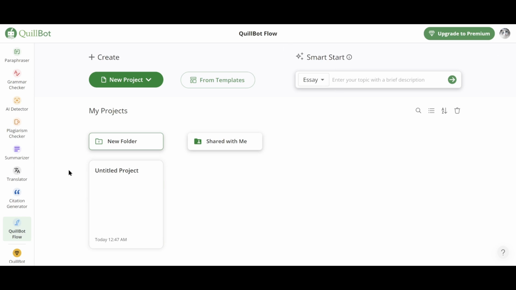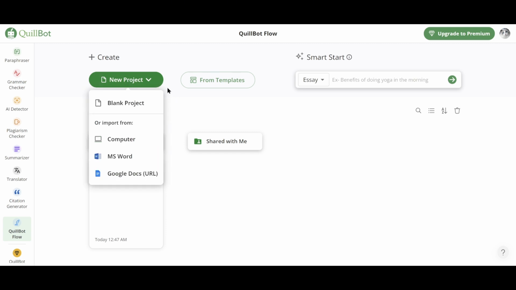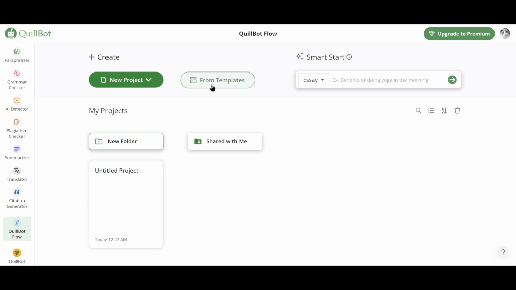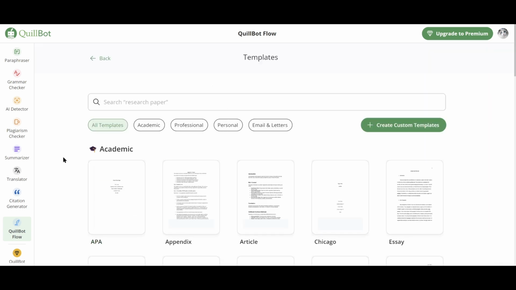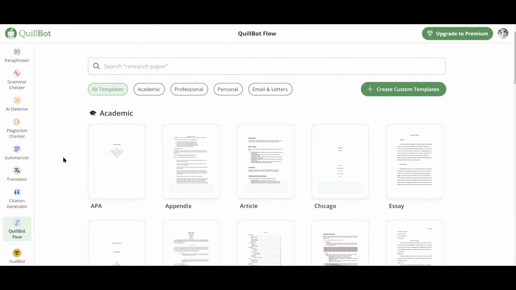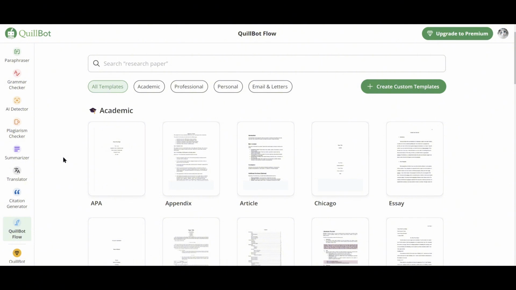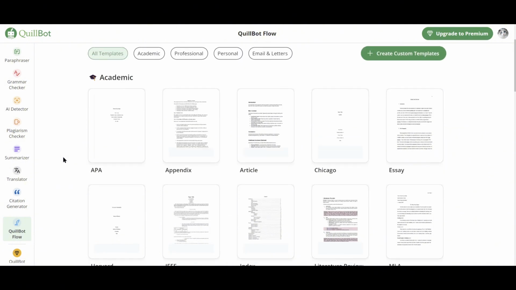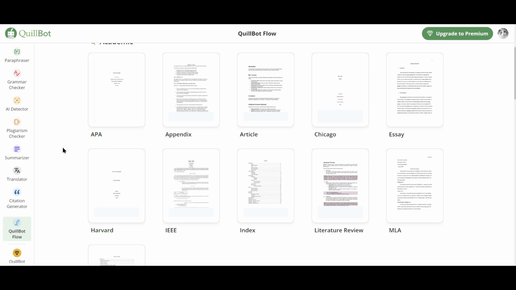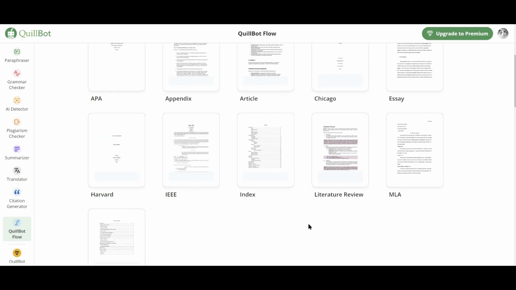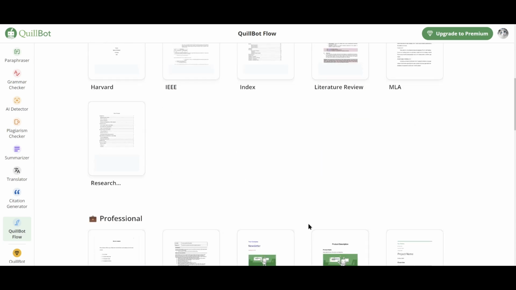Let's dive into the final feature that enhances your writing experience with QuillBot Flow. With QuillBot Flow, you can start by creating your own project or file, or you can choose from a wide variety of templates to streamline your work. These templates are neatly categorized, making it easy to find exactly what you need, whether it's for academic, professional, or personal use. From APA-style research papers and Harvard essays to job descriptions and cover letters, everything is just a click